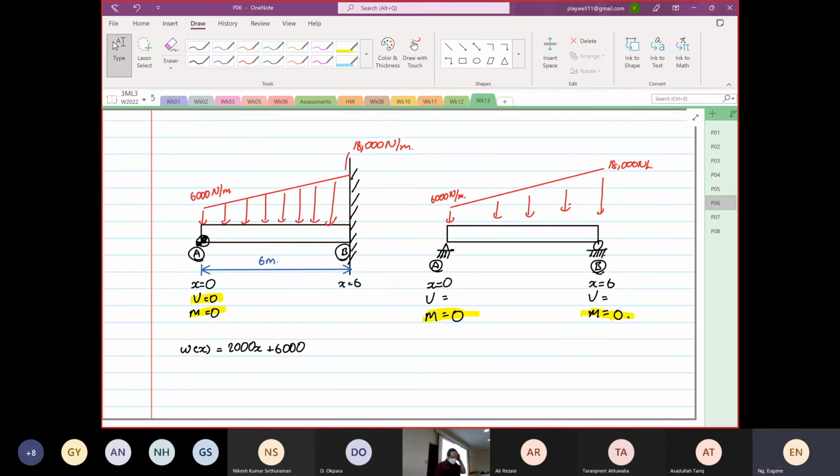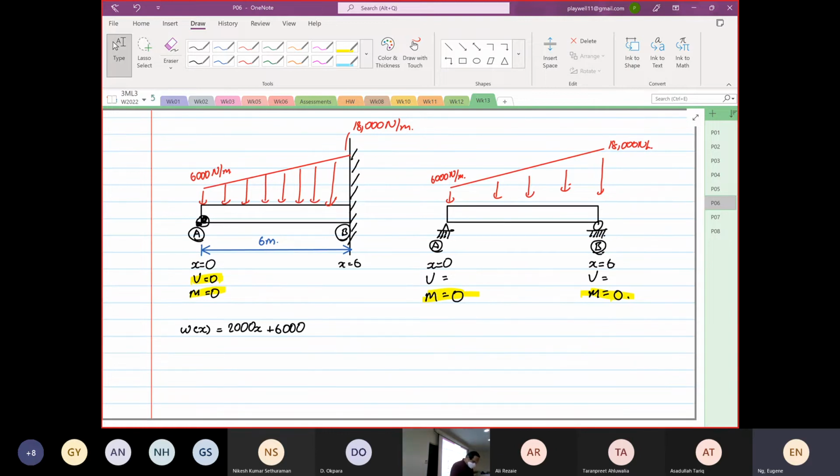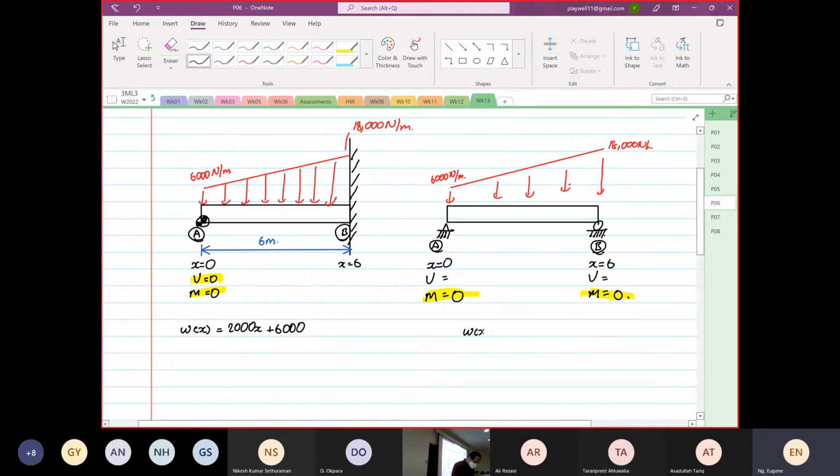So now, at point A, we know that the shear force is not equal to 0. At point B, it's not equal to 0. We know that the moment is equal to 0 because once you release one point, it will rotate. So now we realize that omega as a function of x is also equal to 2000x plus 6000. It's like your math, right? You have the same